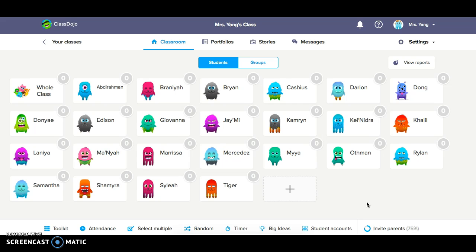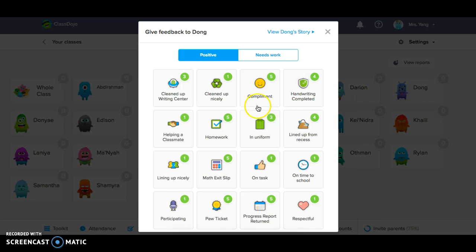Each student is first assigned to a little monster, but it's great that students are able to customize their monsters. They really enjoy that, and through that they're able to have a little creativity and fun. But how we use this app is that if I click on a student, so if I click on Dong,